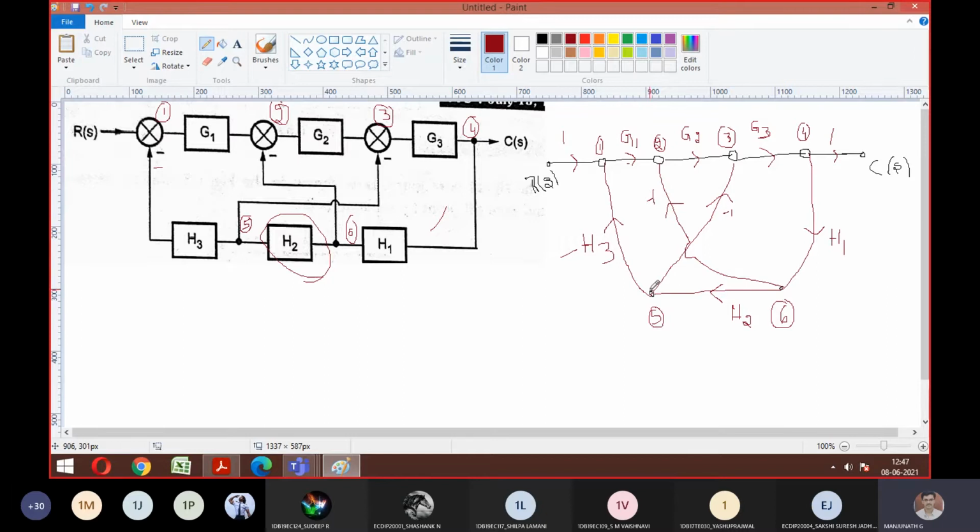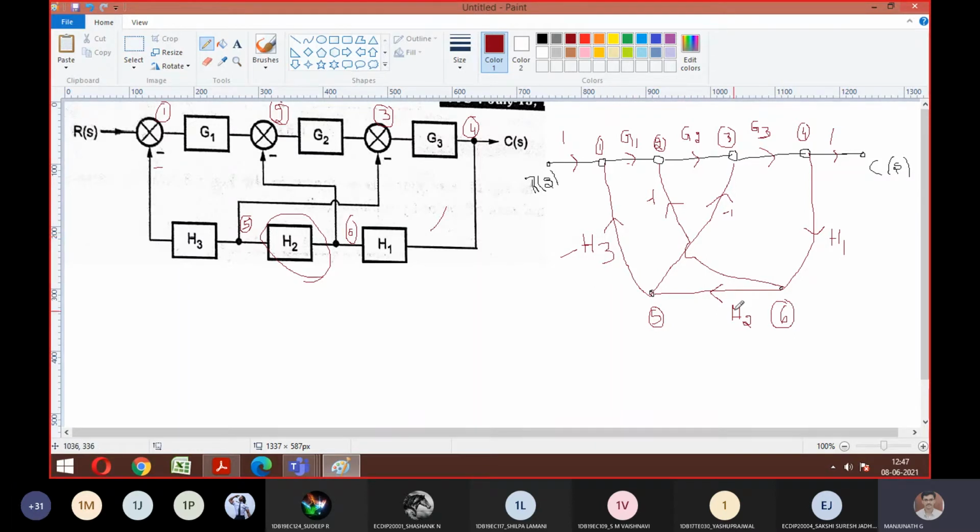Everything is done. So is that all? Anything left out, guys? Intermediate signal, everything is connected. So the left out connection was 5 to 6. That is also finished. Is this your signal flow graph? See, alignment, I told you it's left to you. Uniqueness is not there to write any signal flow graph. You can write 5, 6 above also, since the block diagram was given below, the same way you can mention it.